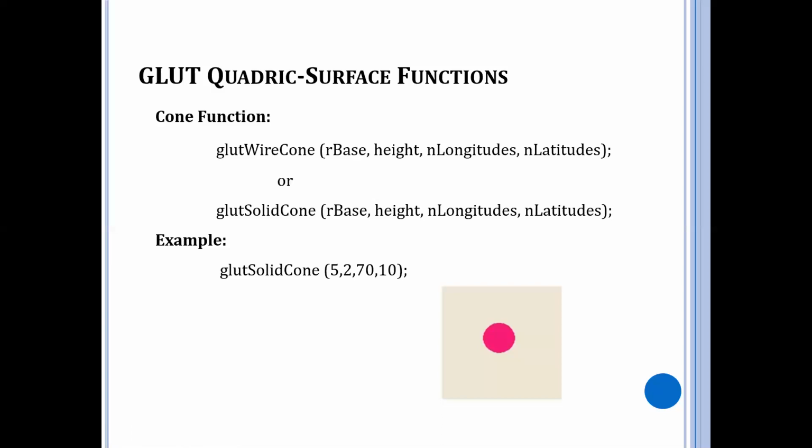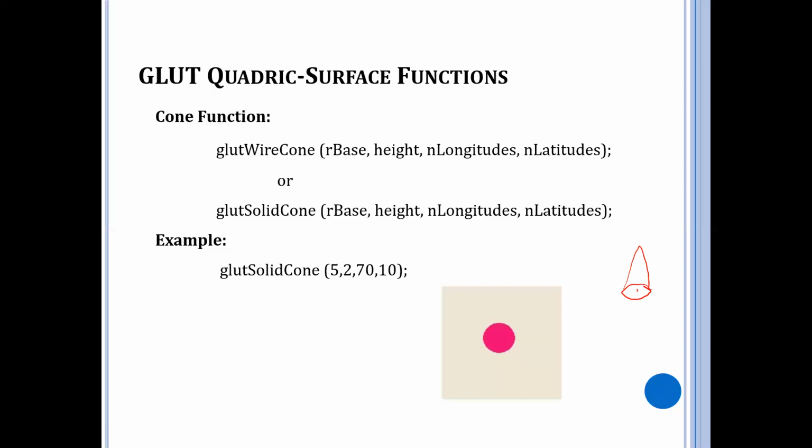I repeat, the longitude and latitude are assigned integer values. Note, they are integer values that specify the number of orthogonal surface lines for the quadrilateral mesh approximation. Mainly here I need the base and the height. So if I have to be very appropriate for you, I'll say this is my base of the cone and this represents the height of the cone. So that is what we refer to by the base and the height.